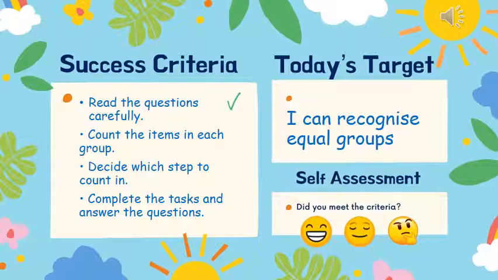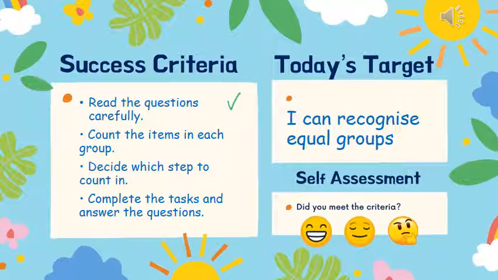So as I mentioned earlier, our target today was I can recognise equal groups. Can you look at a group and know whether they're equal or not? What does the word equal mean? So to be successful in this lesson, you should have read the questions carefully. You should count the items in each group. Decide which step to count in, so you're going to count in 1s, 2s and 5s,